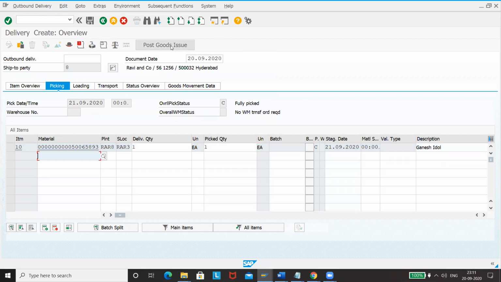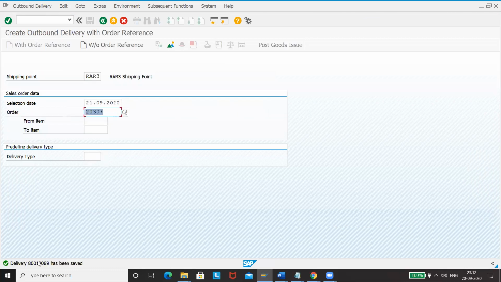Try again. Saved, delivery is saved. It means that these settings are successful as well. So it's good that we've finally been able to deliver it.